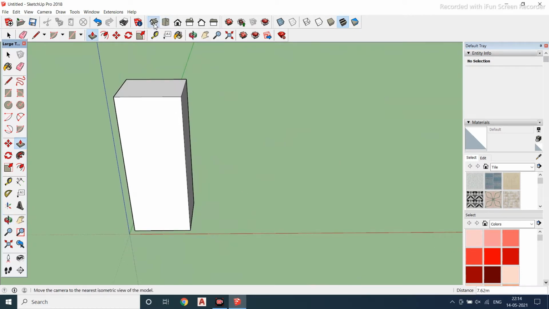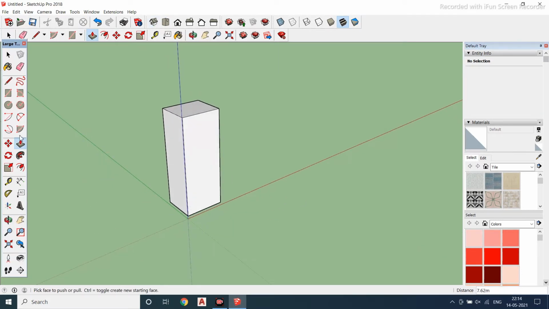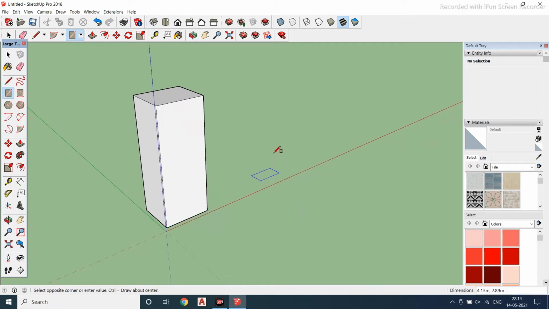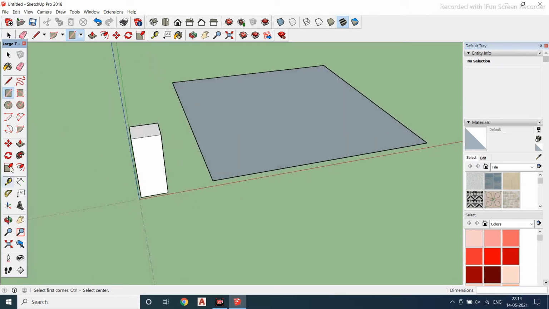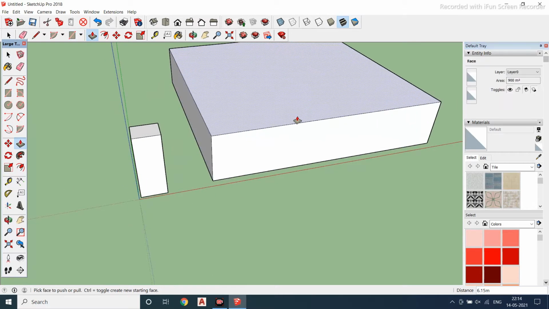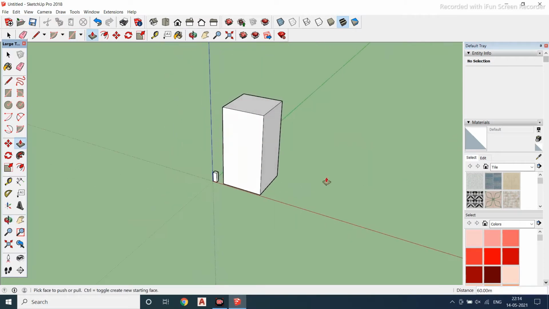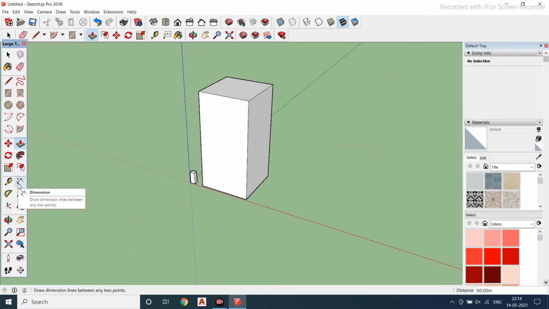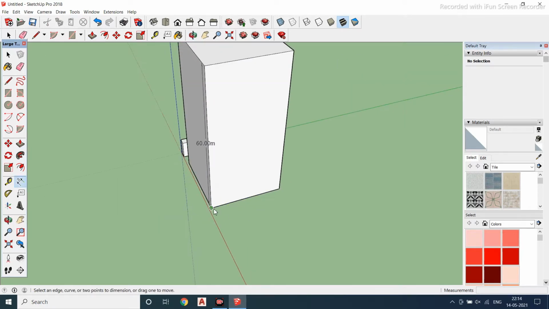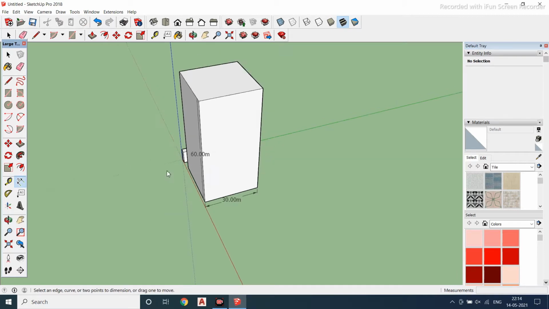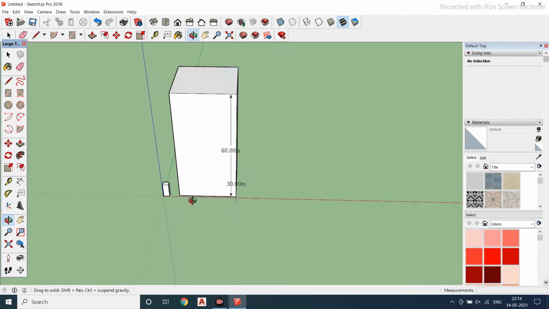In ISO view also we'll be working. In ISO view, I'll create a rectangle of 30, 30, enter. So this is my 30 by 30. Pull, how much do I need? 16. Double that. So now you can see my pull is of 30. This is my dimension. End to end, just check how much you have done, if you have any doubt. So this is all about your pull tool.